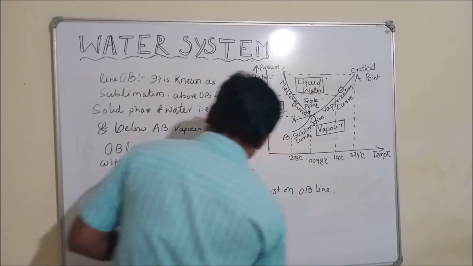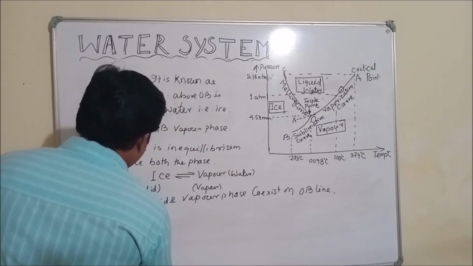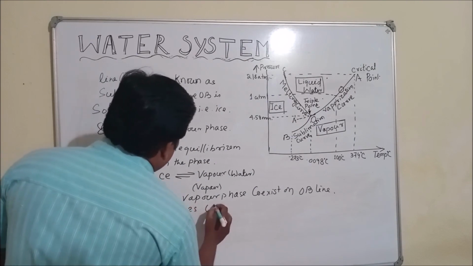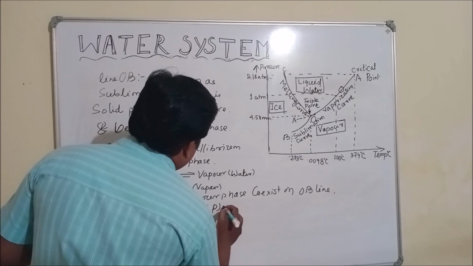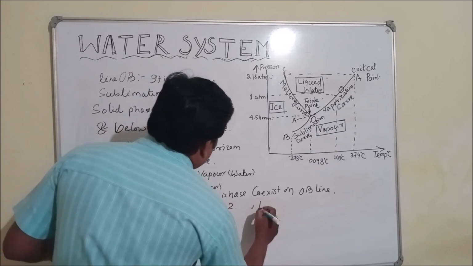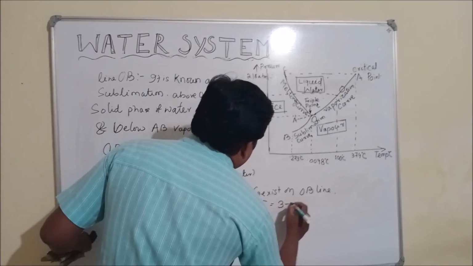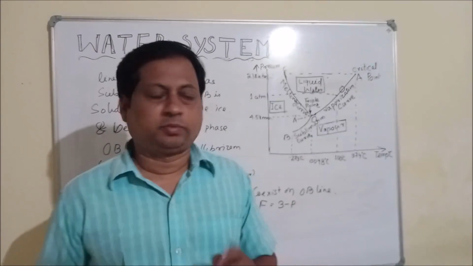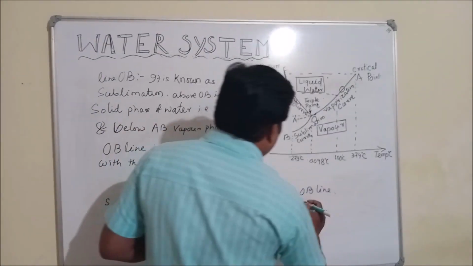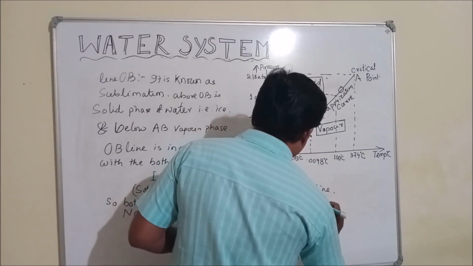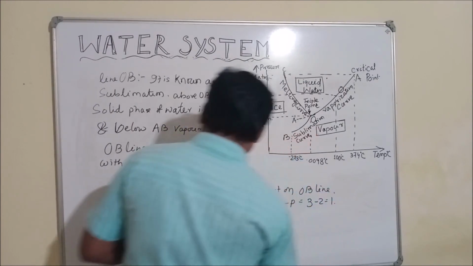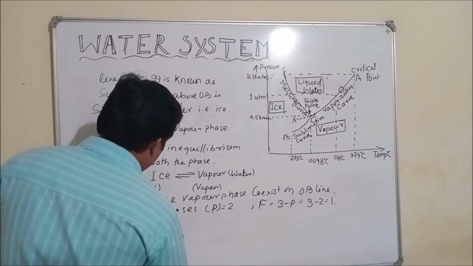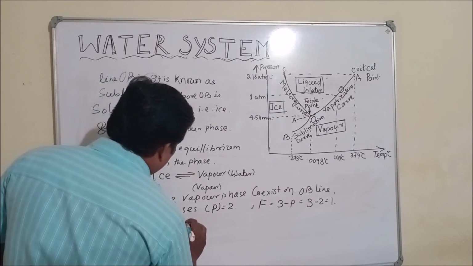So the number of phases becomes 2. P is equal to 2, and the degrees of freedom F is equal to, you know the equation, F is equal to 3 minus P for water. So here F comes to 3 minus 2, that will be 1. So the OA line is univariant,